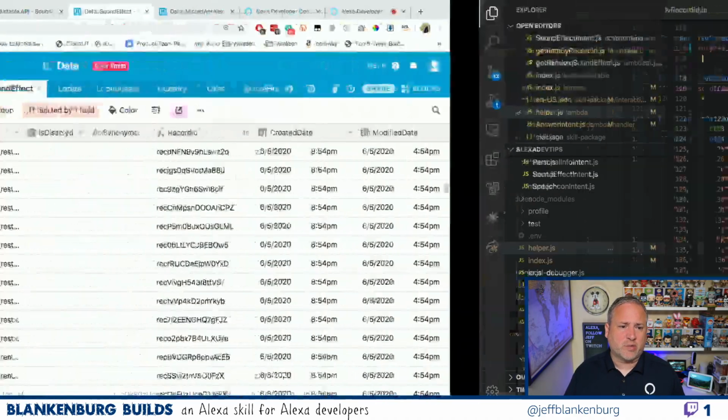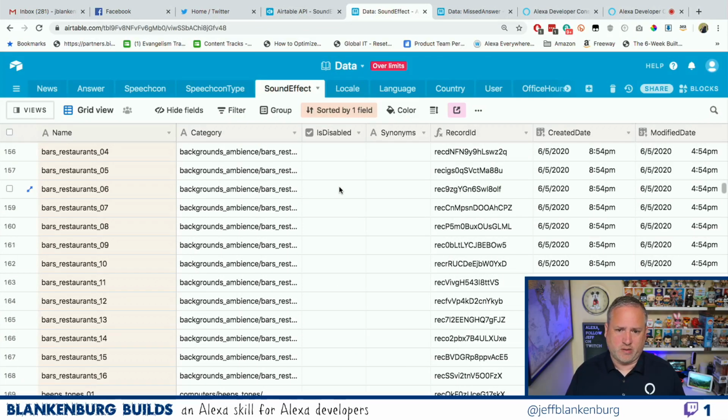But here's the real challenge, and we talked about this on Friday as well: how do I pick a random one? This is something that I have battled with quite a bit as I think about Airtable, because most of my database experience prior to Airtable or DynamoDB is SQL Server. I have a database that lives someplace, often in a similar location to where my application is running, because it's some desktop app or server app or whatever.